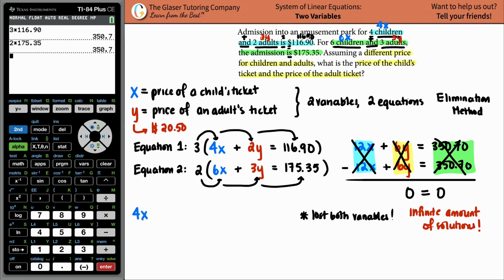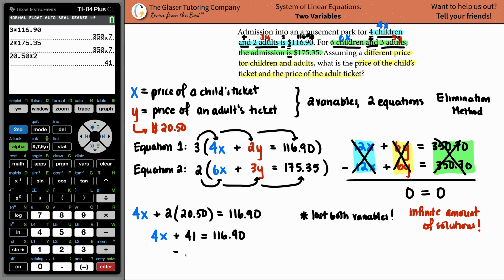Equation 1 said 4 times x plus, now I know that I have 2 adult tickets. So that's 2 times 20.50. And that's going to give me $116.90. So just solve for x. 4x plus, this would be, what is this, $41? Right, 20.50 times 2 is $41, and that equals 116.90. So we subtract the 41,